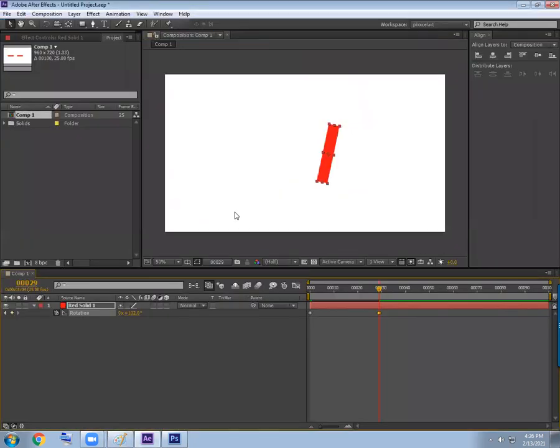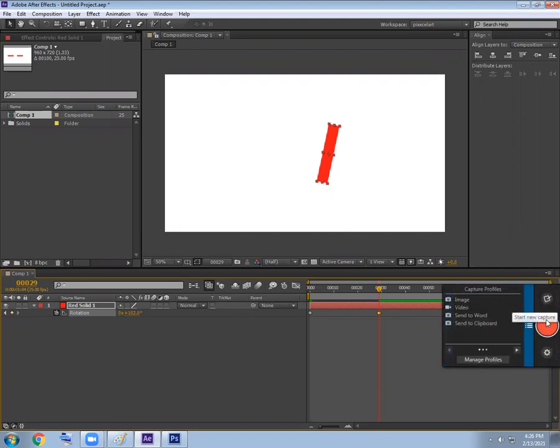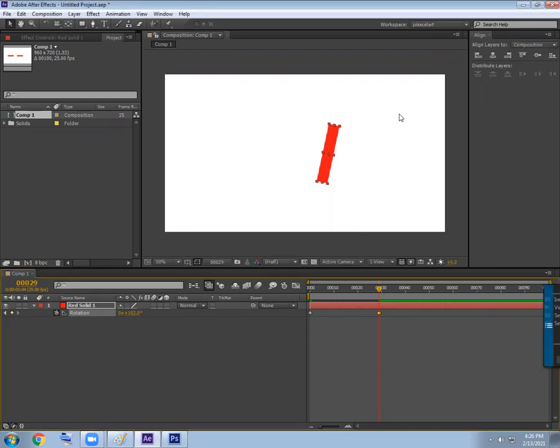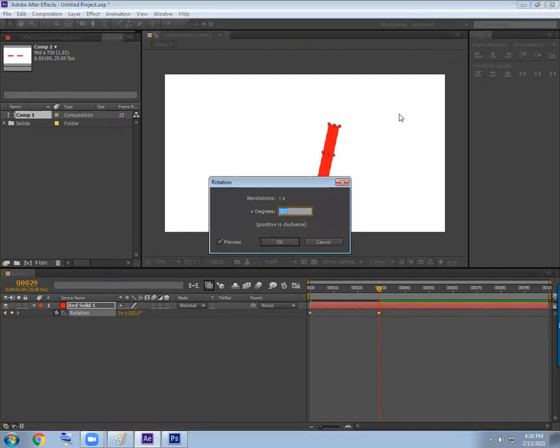Now the next: how to rotate with a particular value without making the value input over here. Question clear? How to activate the value box? Question over for rotation. Control Shift R. Activate the rotational value window.